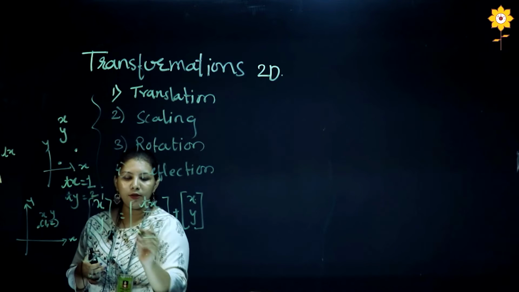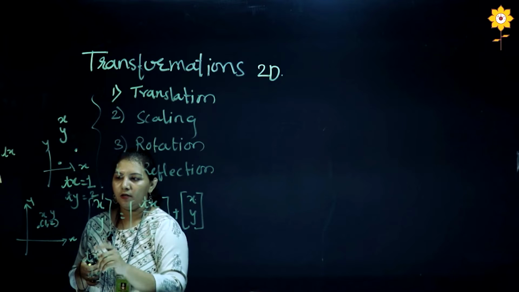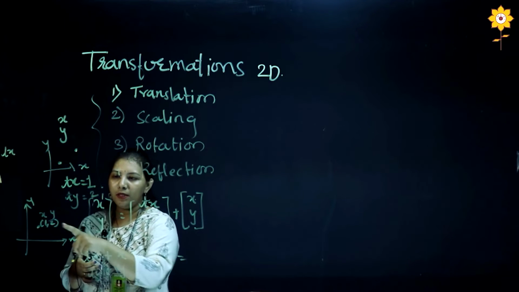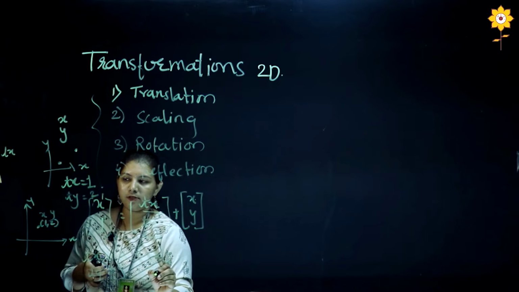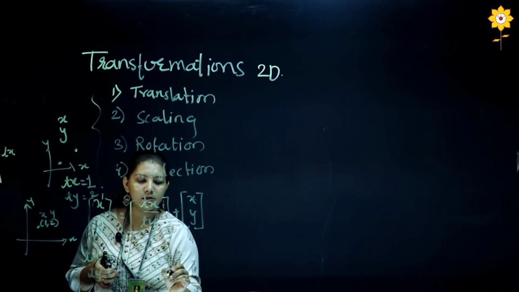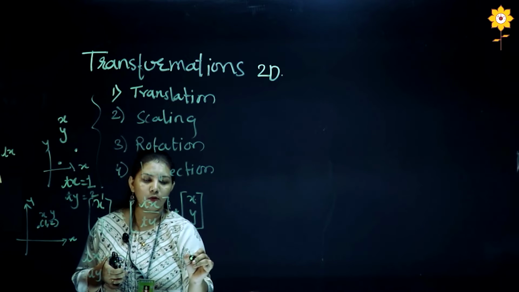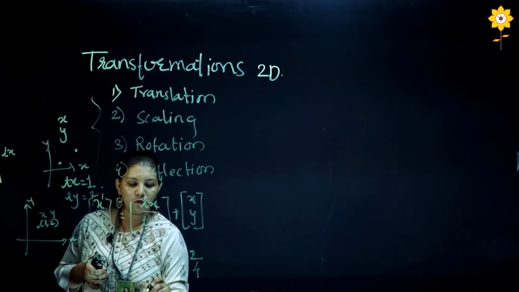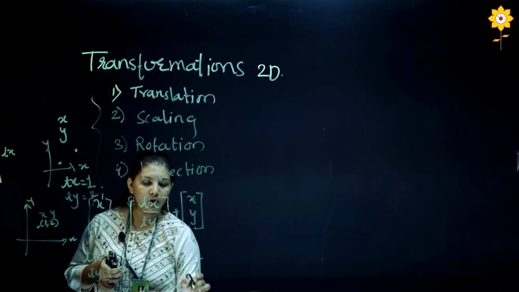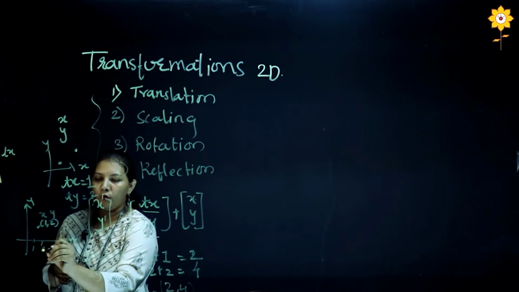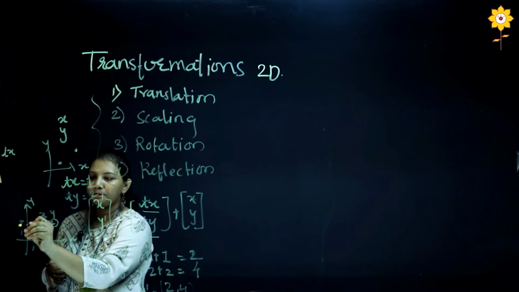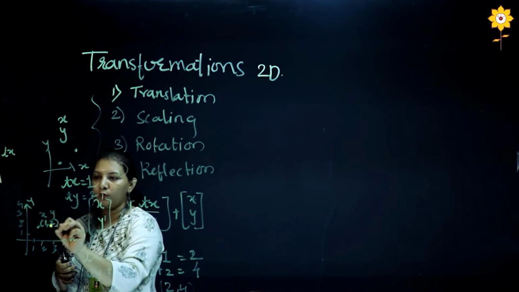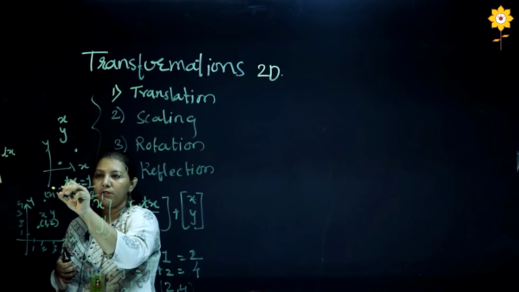Here you can see what is the value of Tx, that is 1, plus the value of x, that is also equal to 1. Similarly, the value of Ty is 2, and the value of y is also 2. So 1 plus 1 is equal to 2, 2 plus 2 is equal to 4. So for x dash and y dash, what values did I get? That is 2, 4. On this particular coordinate system, we can map this point 2, 4 over here. So this is my 2, 4.